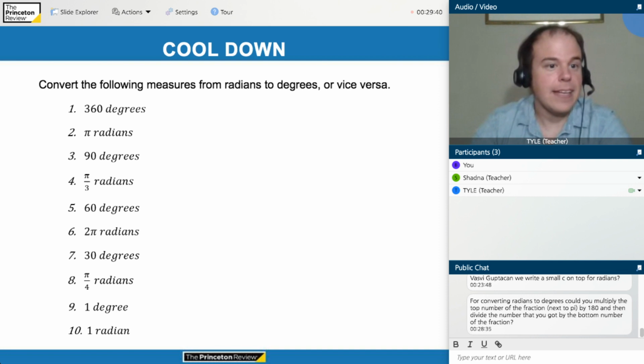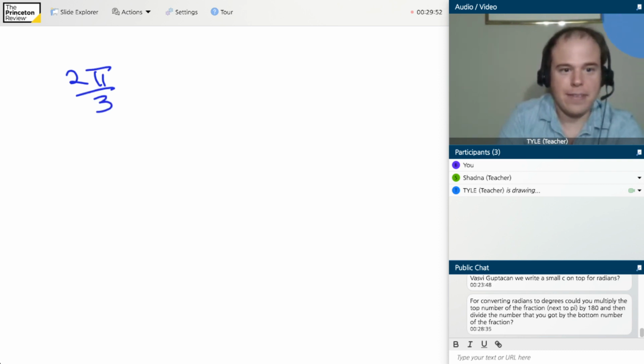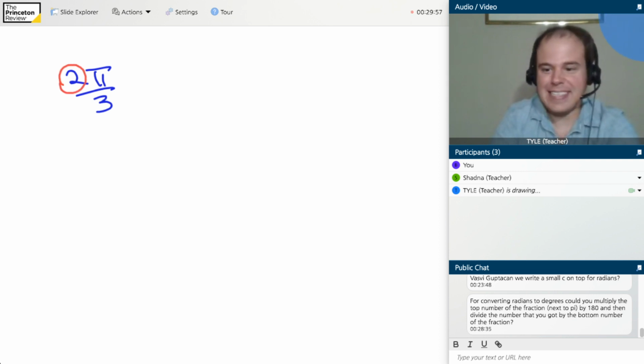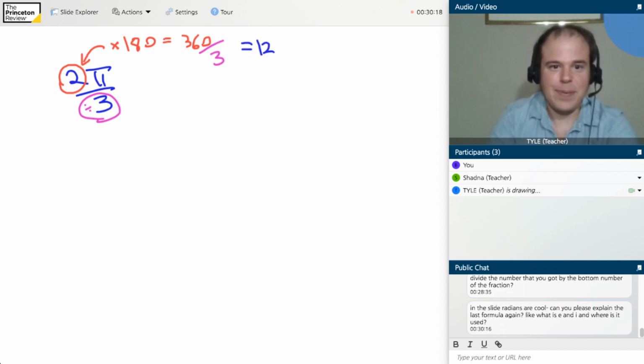And that does indeed work if we assume that the number has the following form. So if the number is like 2 pi divided by 3, then I think what the questioner is asking is, could we take this number, the 2 that I just circled, multiply this times 180, and this would give us 360. And then the questioner is saying, let's divide by the 3. Okay, divide by the 3, and this would give us 120. And yeah, this does work